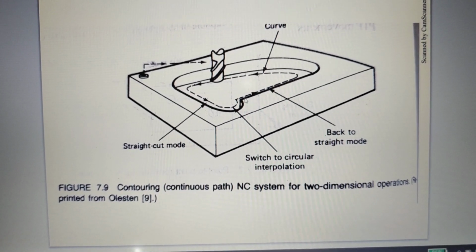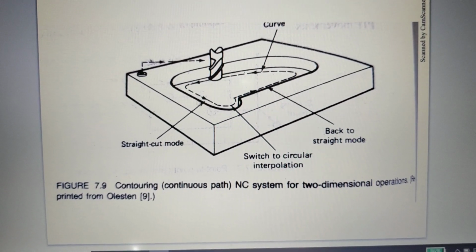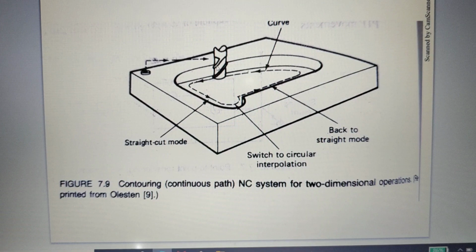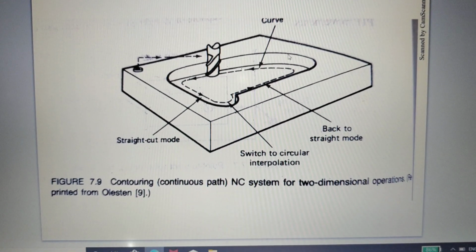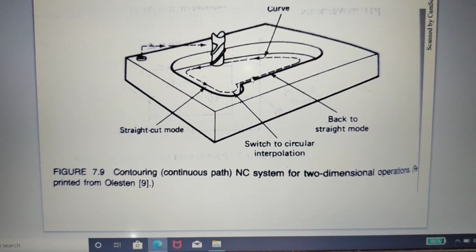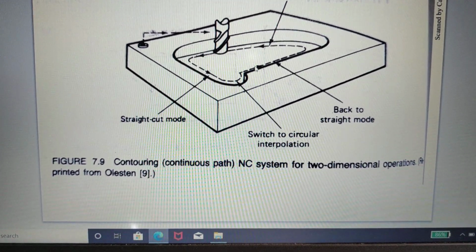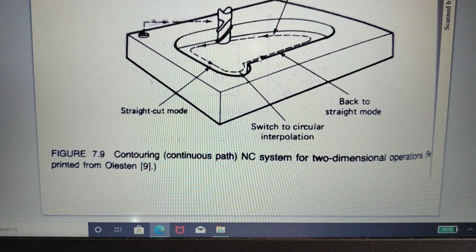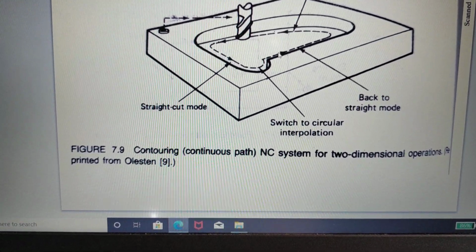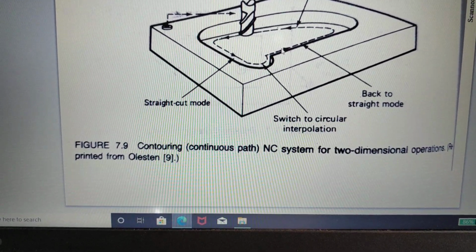You can see this is an arc, this is a straight line, once again an arc, a straight line. See the complexity of the profile that is being generated. It is possible only in contouring NC systems. Contouring is also known as continuous path.